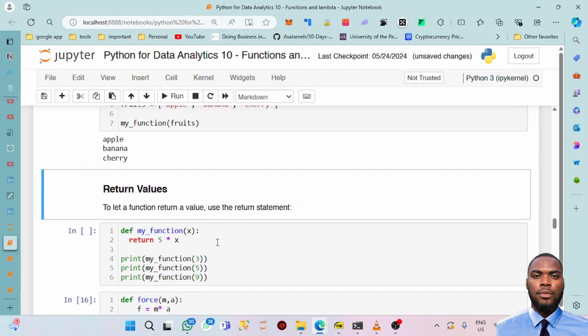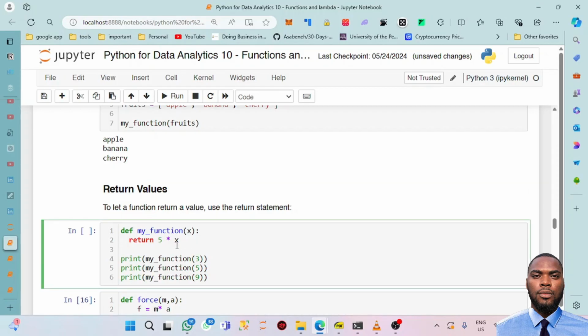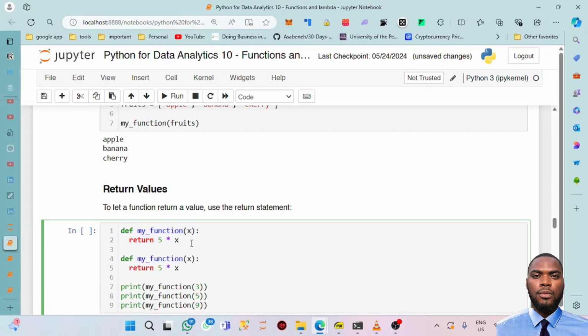So earlier when we were calling our function, we always printed our function, right? But this is not the ideal way you need to call your function. Your function needs to return a value in order for you to reassign that value to another variable. Let's give this as an example. This is my function. If I were to print this value here,